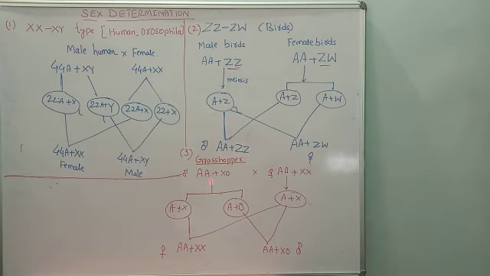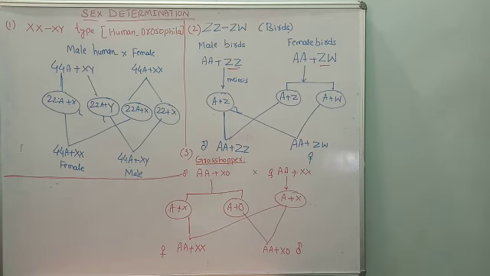The autosomes are 2, and the male is heterogametic here, because there is only one X and no Y. Whereas the female is homogametic, XX type. Make the gametes: one autosome from the diploid set and one X chromosome, so they make A plus X, one type of gamete. The other is one autosome plus 0, meaning there is no sex chromosome at all. From diploid to haploid, only one type of gamete is produced in the female, A plus X.